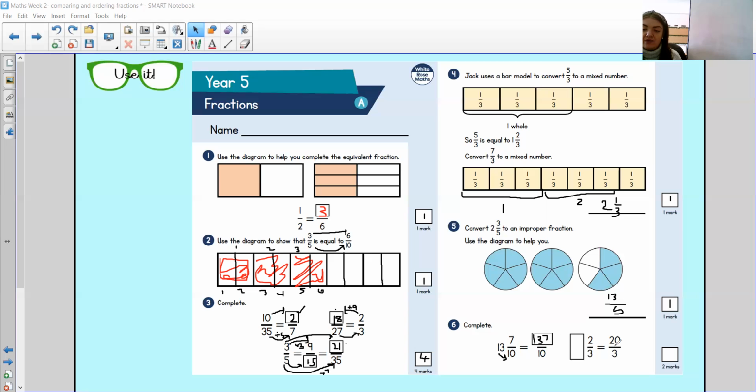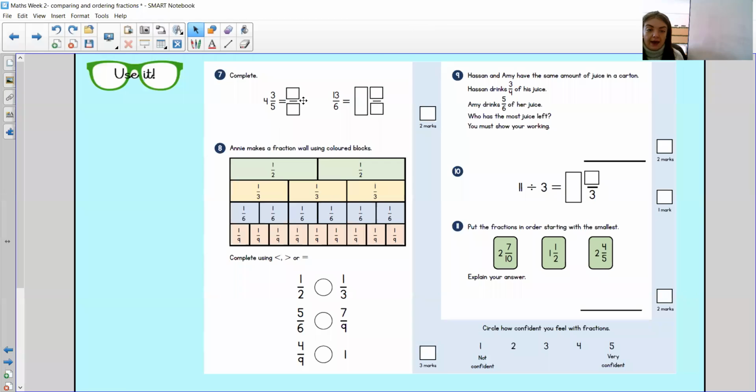137 tenths. This one here, I've already got 2/3 that are left over, so I know I'm going to be working with 18 thirds. I'm going to use my 3 times table. 3, 6, 9, 12, 15, 18. I can make 6 wholes. That one is 2 marks there, so well done if you got those correct. Okay, carrying on then, we're going for the same